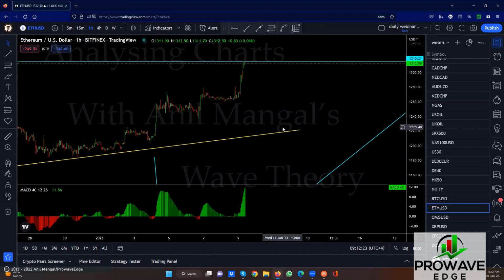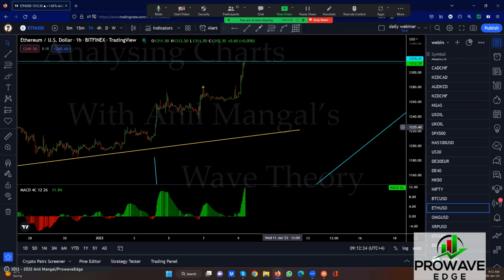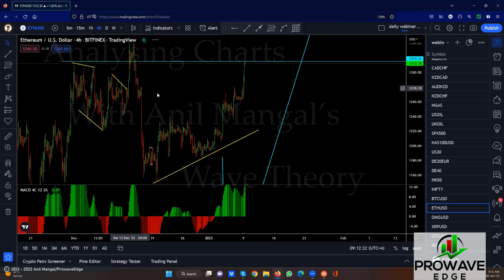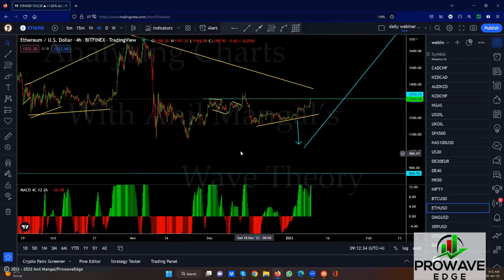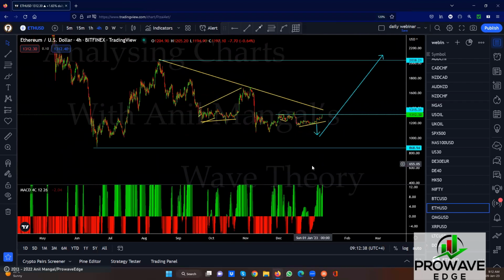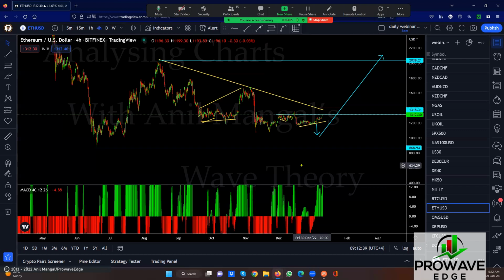This one had a buy setup if you want short term. This would be a small short term buy setup. This would have been a buy setup short term, but then the big picture is still correction. Right? We're still in the correction. Okay. And this can go up, but not from this point.